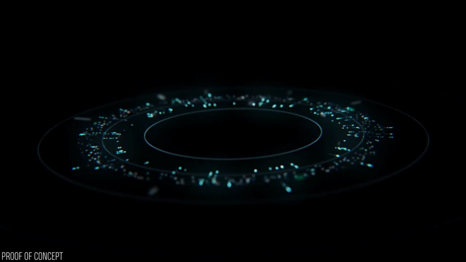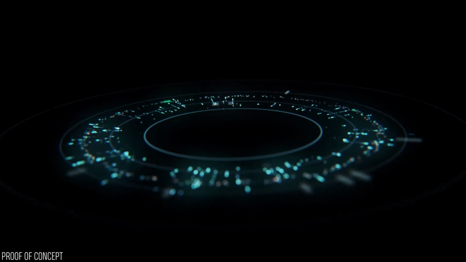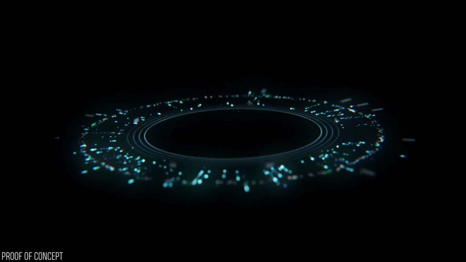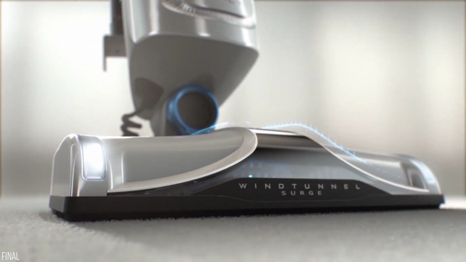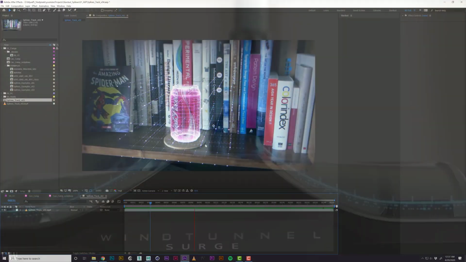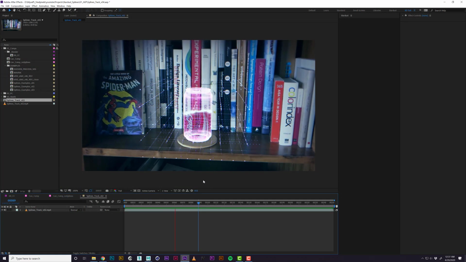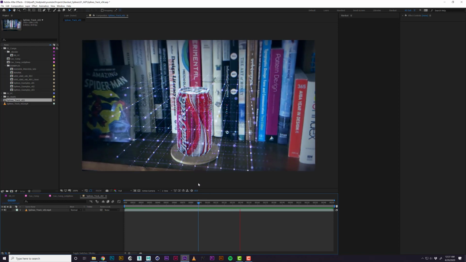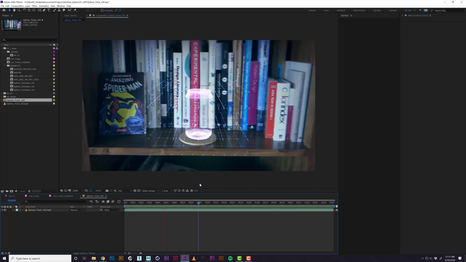So I think this is a great specific technique for this holographic UI look, but also, like I said, with the other example of the really crazy low polygon looking thing, you can do a lot of really cool stuff with it. So just play with it, explore, and see what you come up with. I hope that this helps you in doing this type of effect, if that's what you're doing. It's fun. I like that I've figured out a way to get data in really easy and have control over it. And I think that's usually the trick to stuff like this, is how much creative control you have over it once you've nailed the look.